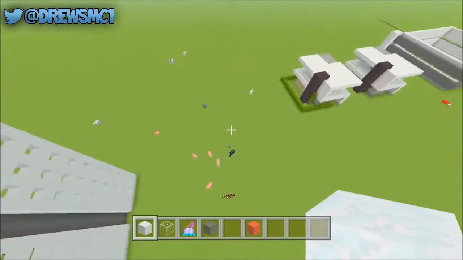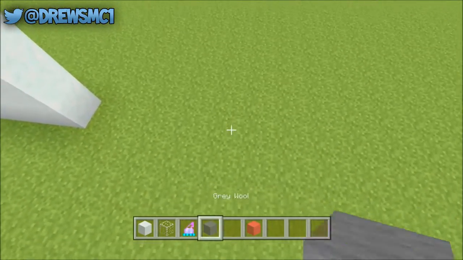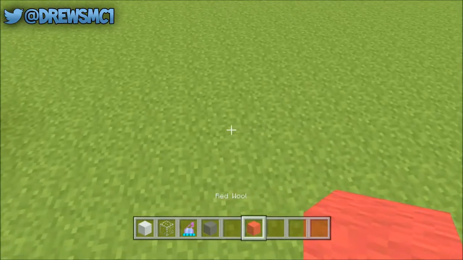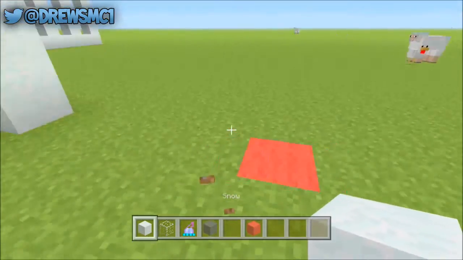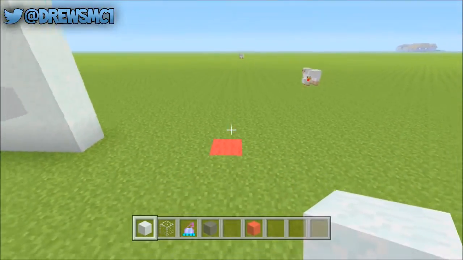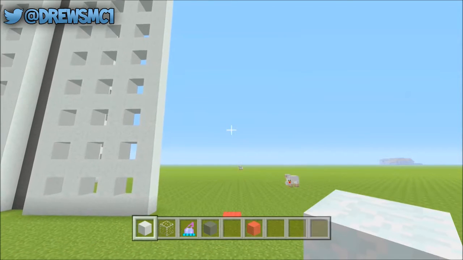What you guys want to do is start from here. You want to get your snow, and in fact this is the point we're going to start building, guys. If you came from the modern city, this is the point we're going to start building. I do apologize for that, so just start building from here. Take your snow, guys, and build across by exactly